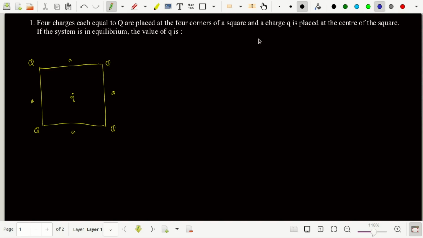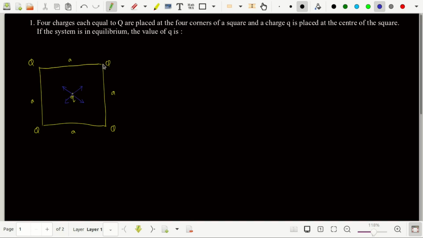So if this is a positive q charge, as you can see on your screen, this charge will repel it in this direction and this charge is going to repel it in this direction. Since they are equal and opposite in magnitude, they will cancel out, and this capital Q will be repelling it in this direction and this capital Q will be repelling it in this direction. Since this is also equal in magnitude and opposite in direction, the forces get cancelled out, and we say that if this is a plus q charge, it is going to be in equilibrium. So now let us understand the other approach towards the same problem.